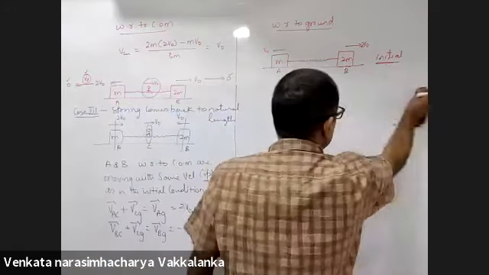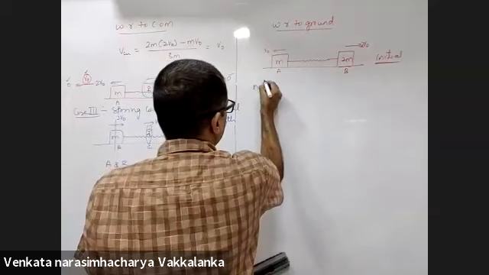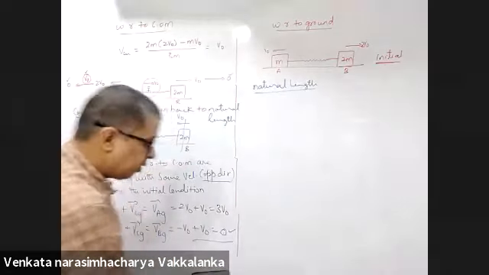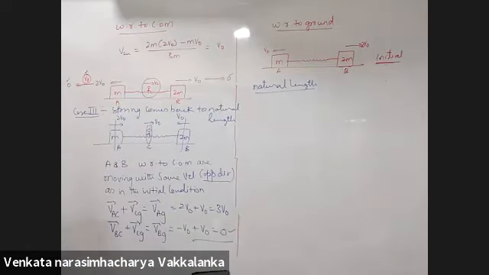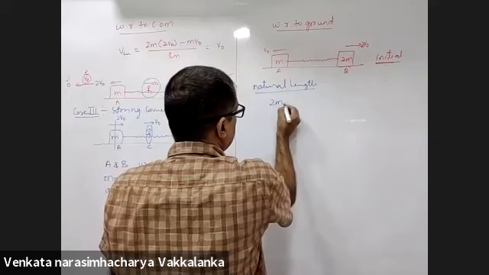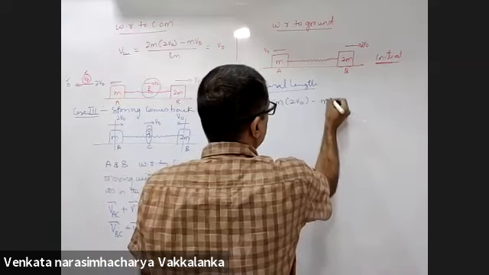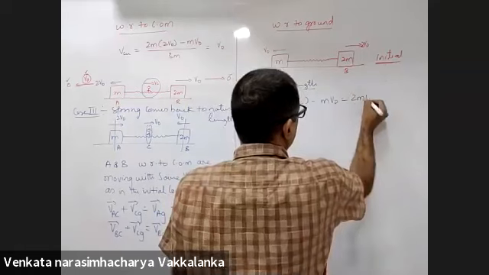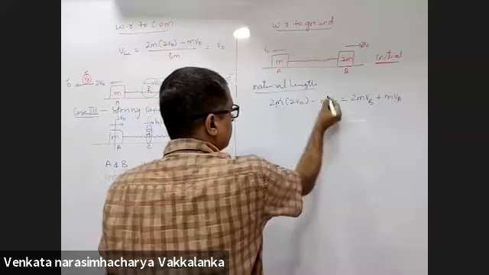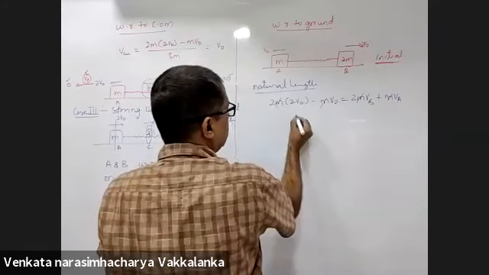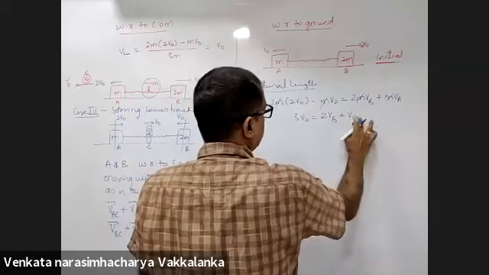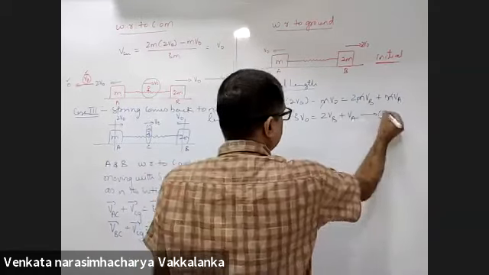How will you do this calculation of natural length with respect to ground? If I were to solve this with respect to ground, initial momentum: 2m into 2V naught minus m into V naught is 2m into VB plus m into VA. This is my first equation. This will be 3V naught is 2VB plus VA. This is my first equation.